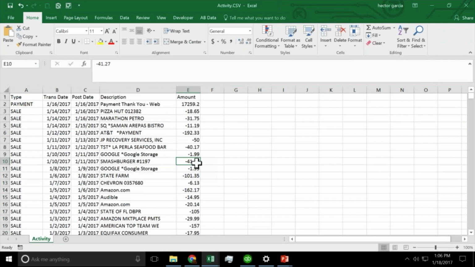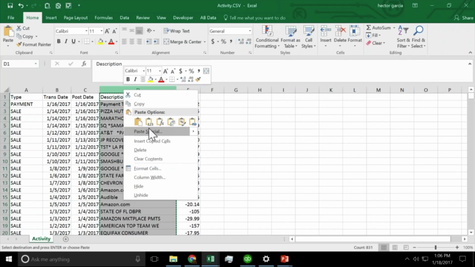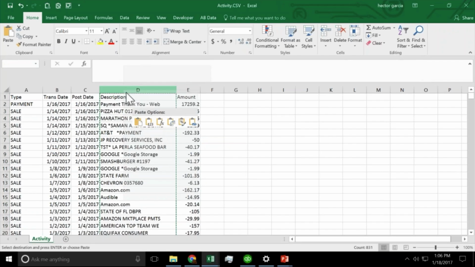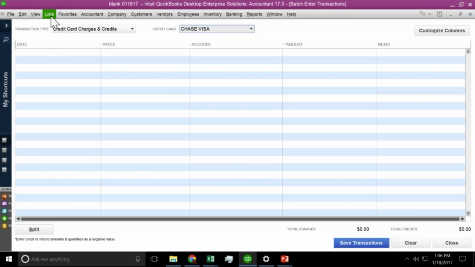Now, in most cases, a lot of these vendors are going to be new vendors, and I'm going to show you that in a second. Because the vendors are new, QuickBooks is going to prompt me to create every single vendor. So the first thing I recommend is to import your vendor list. So normally, basically take the whole column for description, copy it. So copy the whole column. Go into QuickBooks. Go to, before I use this tool,